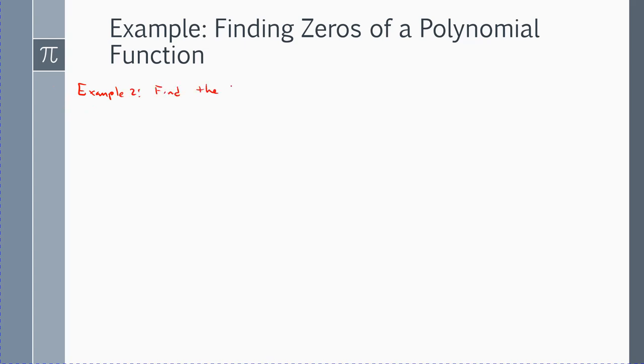Let's find the zeros of, let's look at this function. f of x is equal to 2x cubed plus 6x squared plus 5x plus 2. Okay, so the first thing we're going to do, we're going to use the rational zero theorem